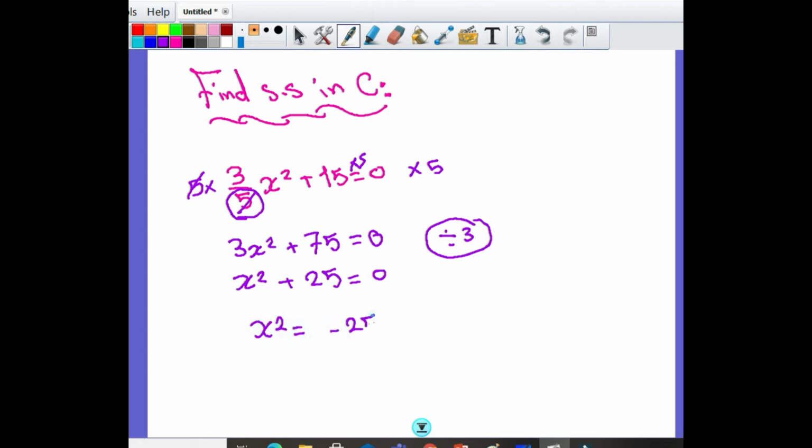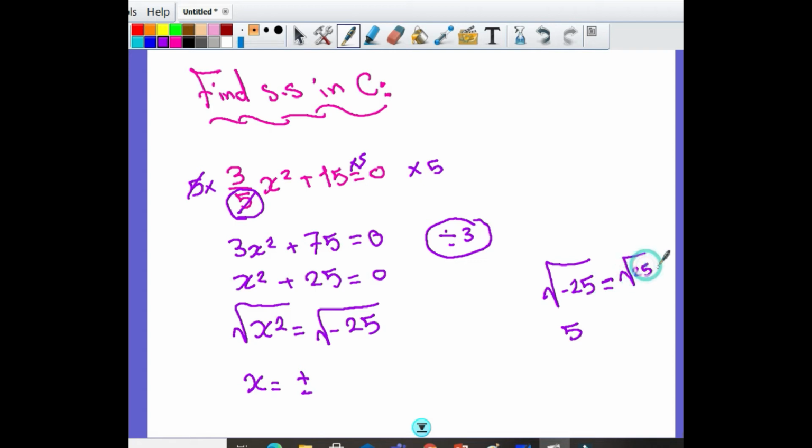طيب انا عشان اكنسل السكوير روت هاخد روت، عشان اكنسل باور 2 اخد سكوير روت في التو سايد. طب انا هنا هتطلع x equal positive or negative. طيب احنا قلنا لما يكون عندي روت وتحت الروت negative 25، ال 25 تخرج تبقى 5. طب 5 ايه؟ دي لو انا حليتها كده ستيب باي ستيب يبقى روت 25 i، روت 25 i دي اللي